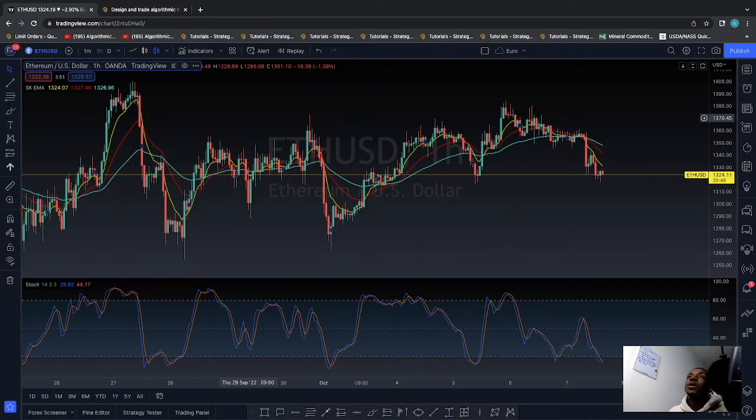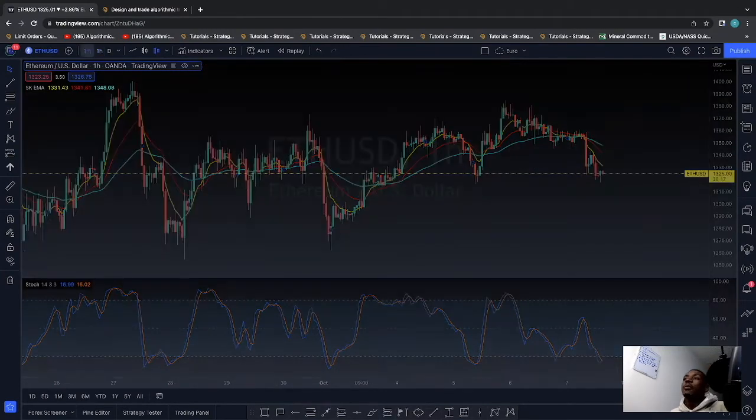So if we're down and we're stacked down on the daily, if price is below the 9 on the daily and we're stacked down on the daily, then we want to see price below the 9 on the 1 hour and the 9 and the 50 EMAs stacked down on the 1 hour as well. Now, once we have those EMAs stacked in order on the daily and then stacked in order on the 1 hour, and price below the 9 EMA on both time frames, we're going to want to drop down to